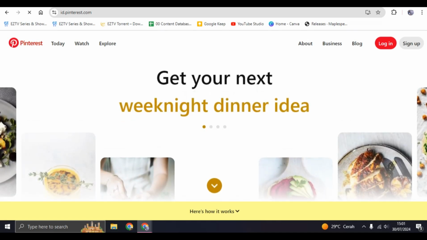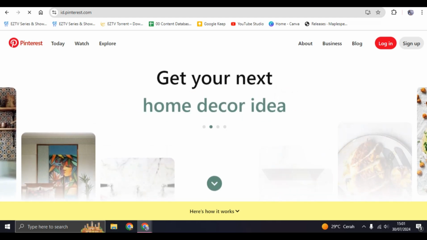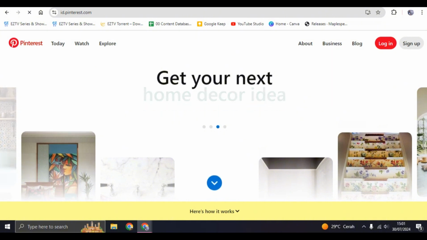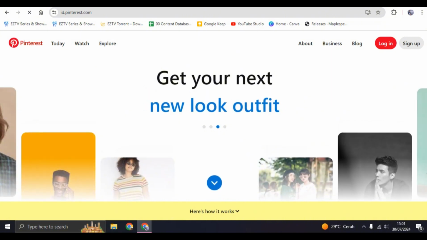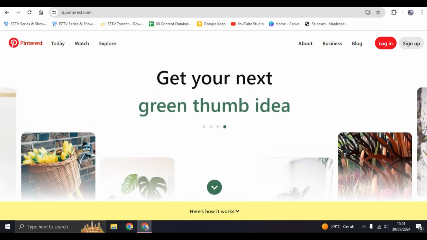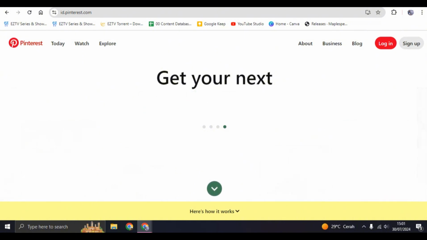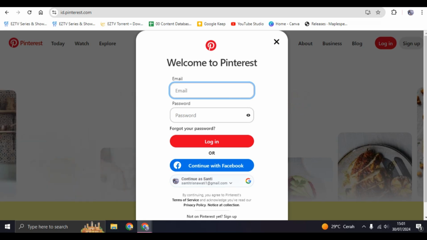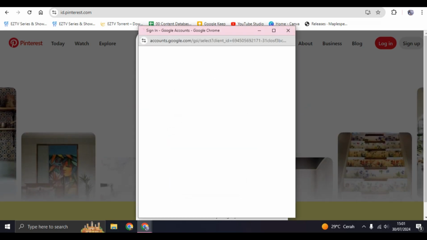On today's tutorial, I'm going to show you how you can use Pinterest for beginners. So here I've already opened Pinterest.com on my browser, and to start you can sign up if you haven't had any account for Pinterest. You can sign up first, but if you already have one, you can just click on login in here. So I've already signed up with my Google account, so I'm going to just continue here